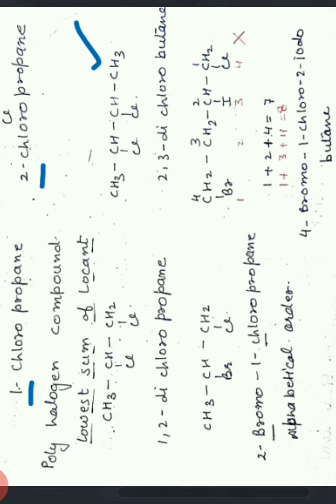Now one problem arises: when there are two different halogens present in the carbon chain, what to do? Now here you see there is one bromine and another chlorine. These are present with the propane. Now there are two rules to be followed. First one says the lowest sum rule, which means chlorine and bromine should be numbered in such a way that the total sum of locants is least. That can be 1 and 2 only. This is 1 and this is 2. So chlorine gets number 1 and bromine gets number 2.